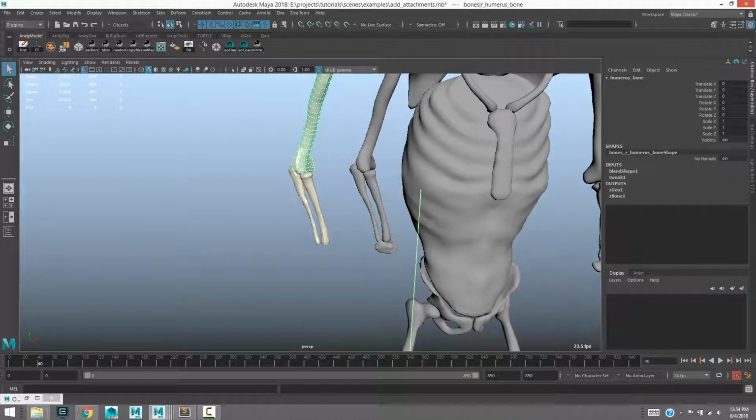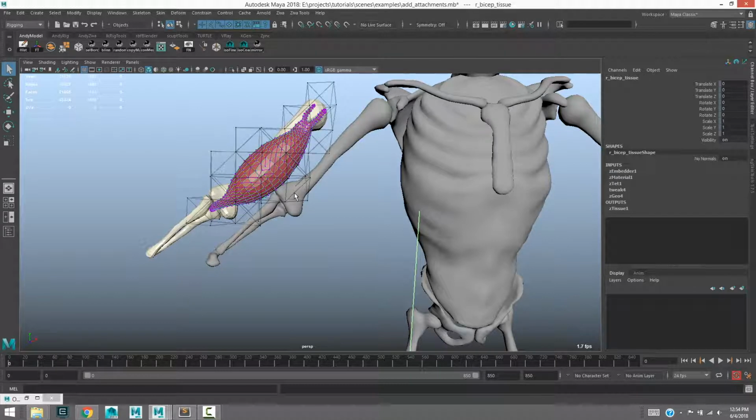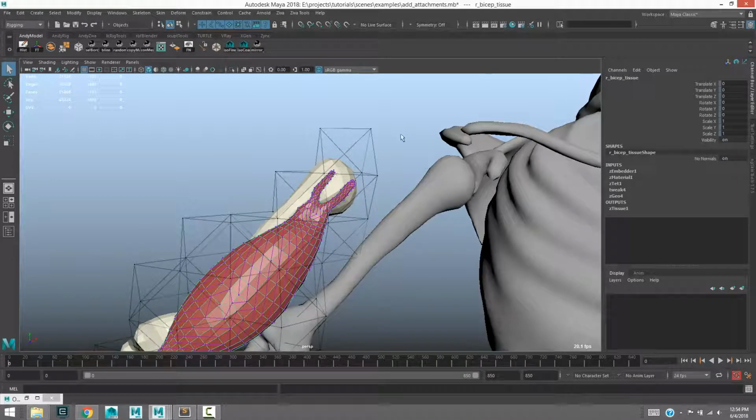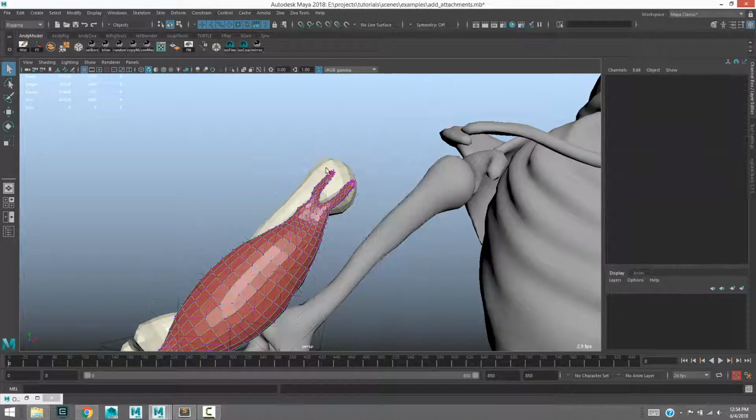As you can see, when I play it back, the bicep doesn't follow along with any of the bones because we basically haven't told it to. There's nothing connecting the objects together. So what I'll do is select a couple of vertices here at the end of the bicep,